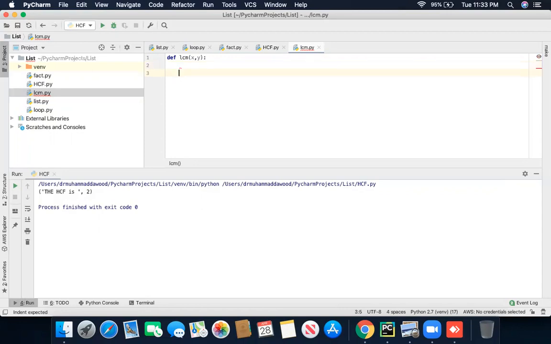Okay, so here I'm going to define the if condition. If X is greater than Y, again the same condition, and now we are going to use greater.